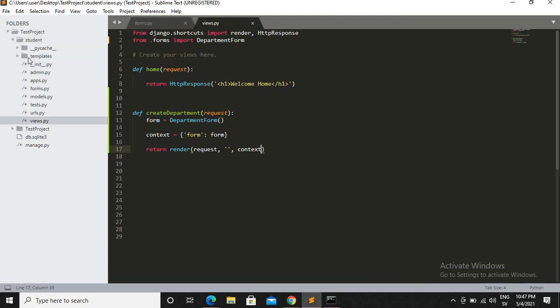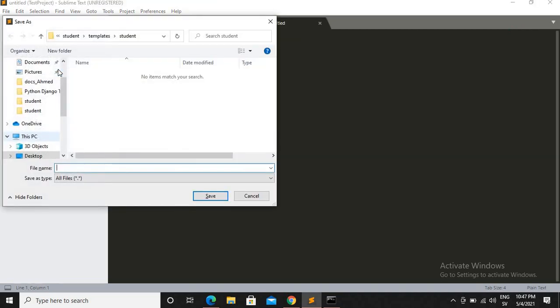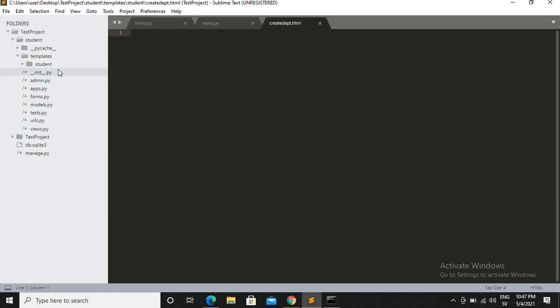Okay, and inside the student folder I create the HTML file, create_dep.html. Okay, I just put one HTML tag here, create department, close the HTML tag. Okay,